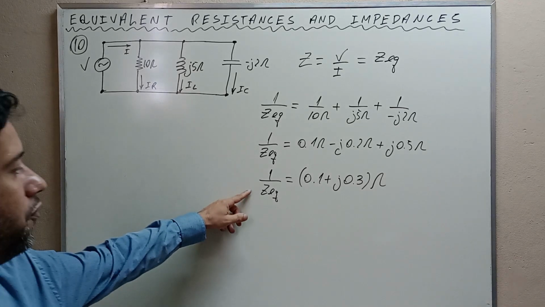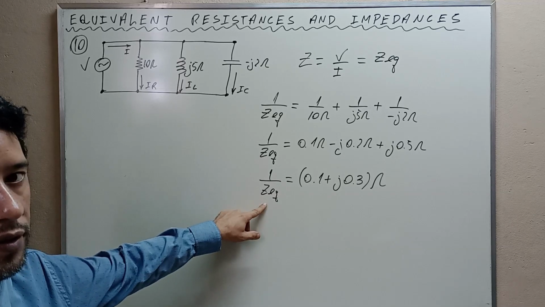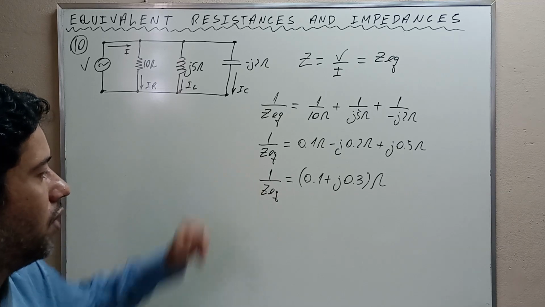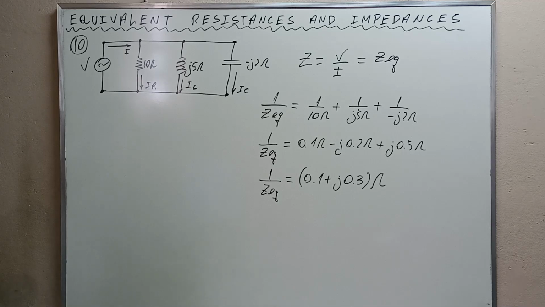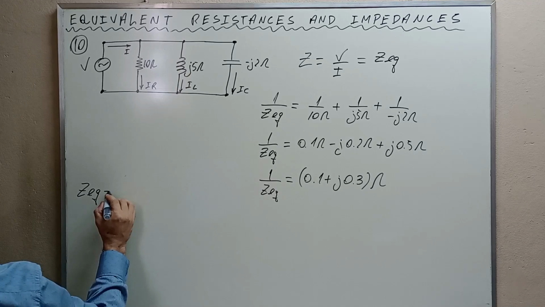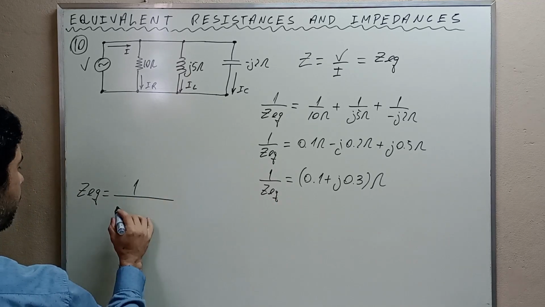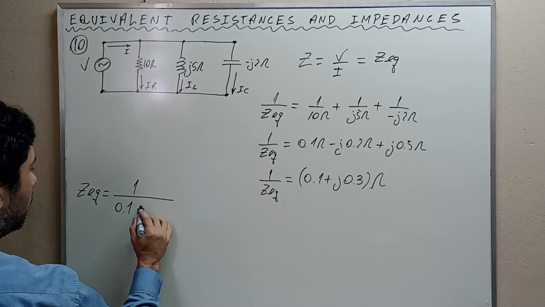We have the inverse of the equivalent impedance. We don't want it the way it is. We want the equivalent impedance, and then the equivalent impedance will be the inverse of this, 1 over 0.1 plus